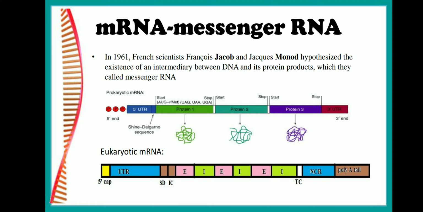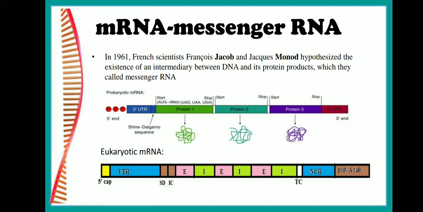If we see, proteins usually contain at least a minimum of 100 amino acid residues. Therefore, mRNA must at least code for 100 amino acids, and it is being coded by a triplet codon. So 3 nucleotides will code for one amino acid. So the minimum number of nucleotides that the mRNA should have is 300 nucleotides. When we say that the mRNA should have at least 300 nucleotides, it's because that is only in the coding region. Apart from that, mRNA also has other regions where nucleotides will be present. So let us look into the structure in detail so that we can understand what is the structure of mRNA.